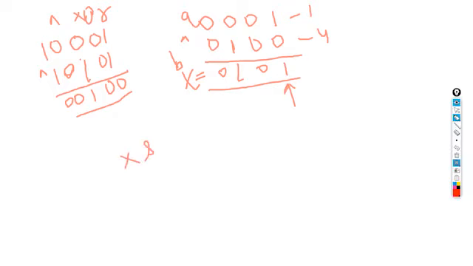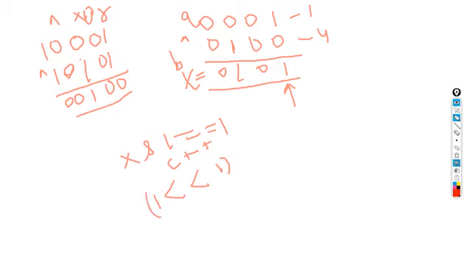So x AND 1, if this is equal to 1, yes, this will be equal to 1, because if I do an AND operation of this with 1, I will be yielding 1. All right, so we would do C plus plus, or a counter plus plus, and this will count how many ones I have got, right? And the next thing I am going to do is also left shift this one by one bit position every time.